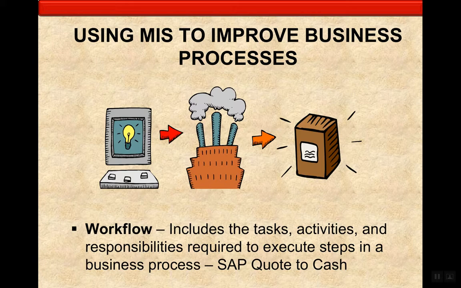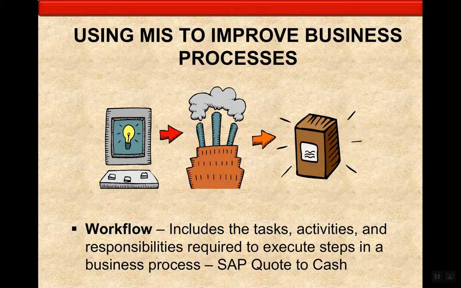So the idea is it's been really used as an accelerant. A combination of business process reengineering plus the application of technology has really been the driver of a lot of improvements in efficiency. All right. So the idea of creating workflow, standardization of tasks, activities, and responsibilities to be able to do stuff. The example we talk about is order to cash, but we also have things like